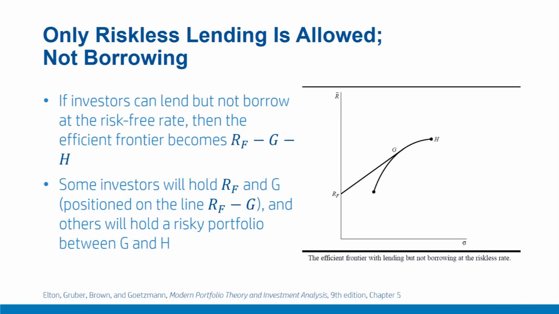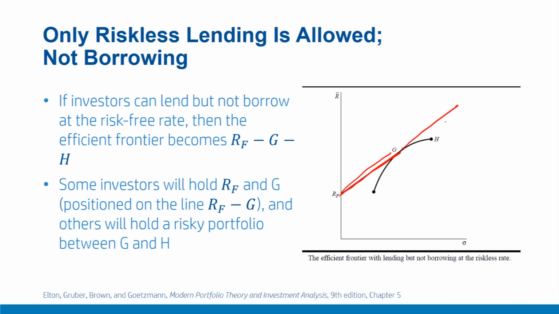Now let us discuss a special case where only riskless lending is allowed and borrowing is not allowed. This is a slightly more practical case than our previous case, as generally lending at, let's say, government fixed deposits or various other instruments is available at risk-free lending at significantly lower rates. However, borrowing at such lower rates is not available. So once we put this constraint, the borrowing segment on the line joining RF to G is not available. We have now only lending, this RF to G available, but not on the right side, which was the borrowing segment.